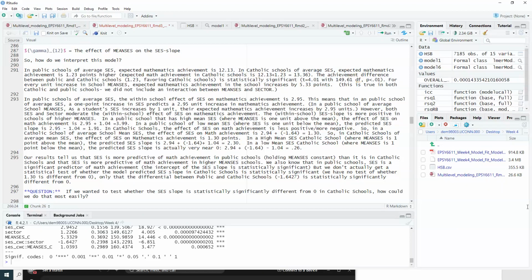So that's saying, the 5.33, that's like the effect of mean SES on math achievement, sort of, right, when SES,